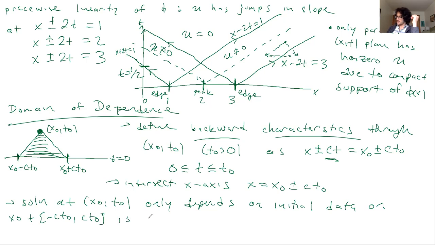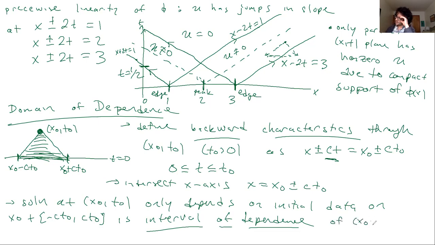And this is sometimes what's called the interval of dependence. It's the interval of my initial condition that determines a particular future point in time, x0, t0. The last thing I want to define, I'll advance the slide to do that, is what's called